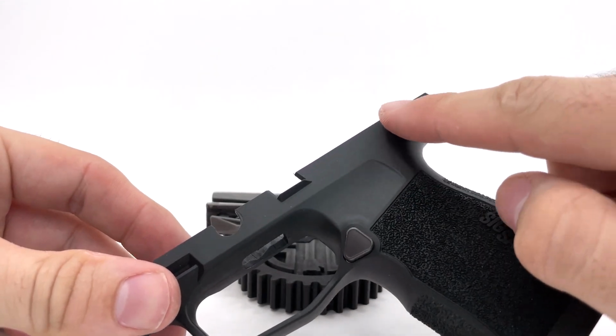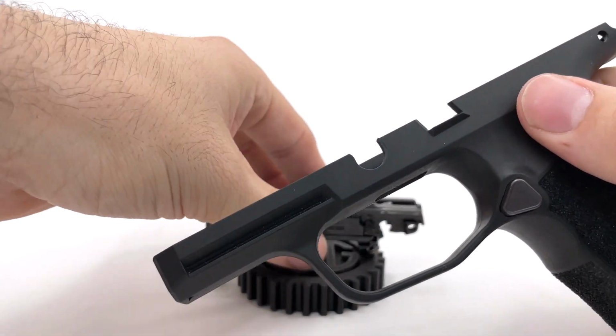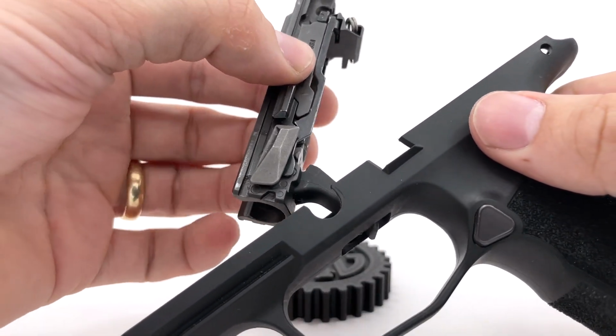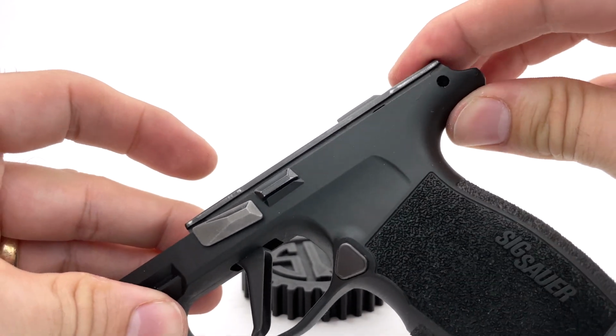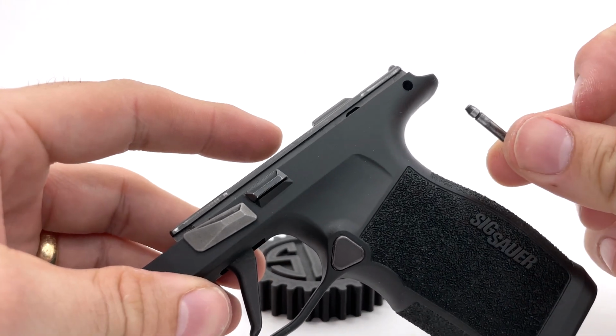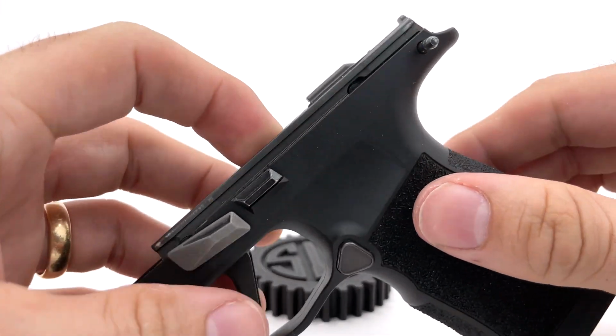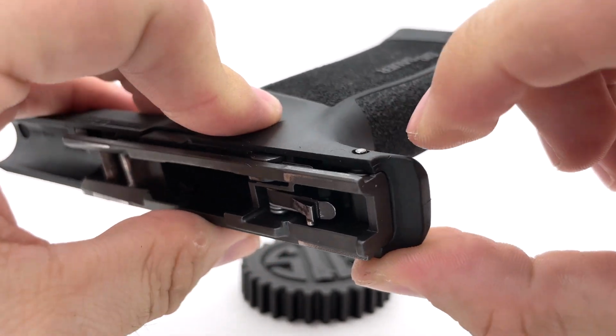Now, to reassemble the FCU to the grip module, first note that you will need to use the grip module that does not have the manual safety cutout in it, so it looks like this one here. And to install the FCU into this grip, simply insert the FCU at a 45-degree angle, trigger first, and then seat the FCU into place. And now we can take our retention pin and insert it through the grip module and the FCU at the